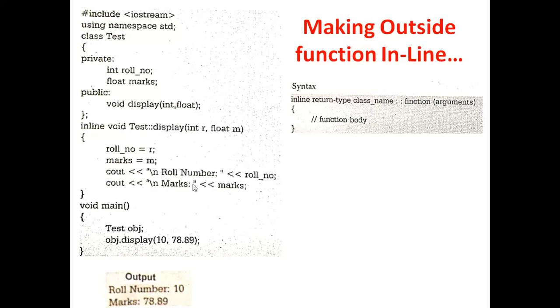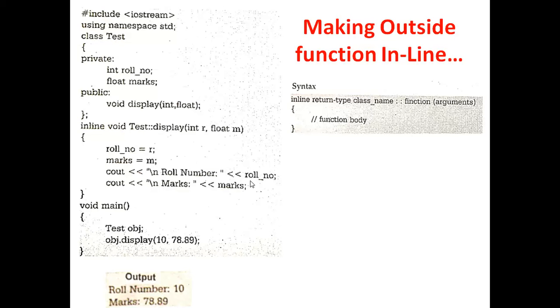After that we have written the main function, and in main we do the same thing, declaring the object of the test class, that is test obj, and using that object we are calling the function display, passing the two values of roll number and marks, and the output will be roll number as 10 and marks as